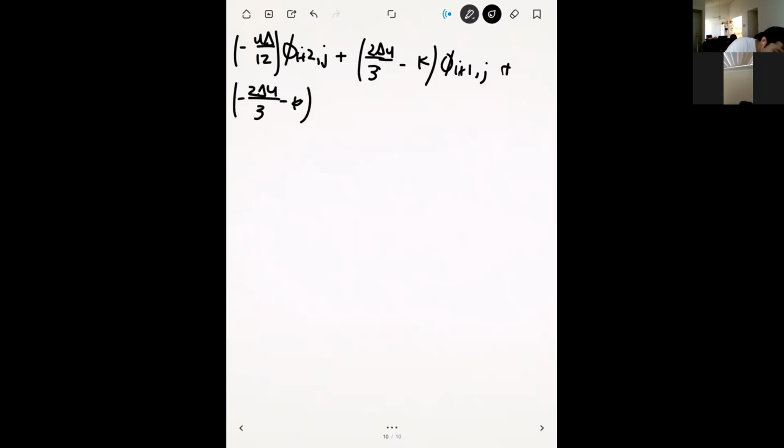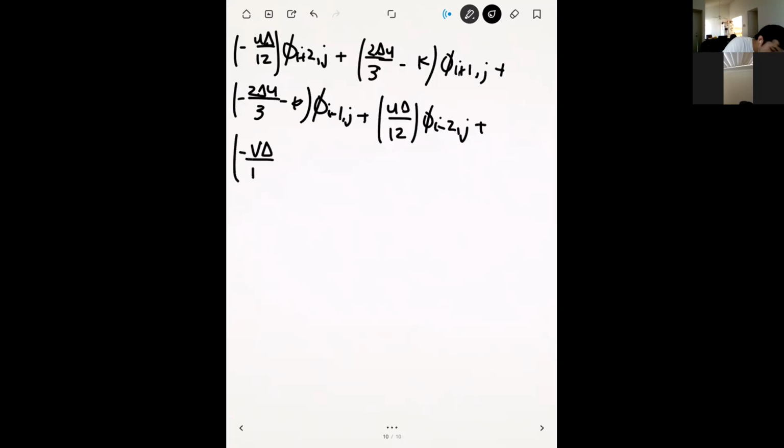Okay. So after you plug in everything, you get the following expression. So you get minus u delta divided by 12 phi I plus 2 comma j, plus 2 delta u over 3 minus k times phi I plus 1 comma j, plus negative 2 delta u all over 3 minus k phi I minus 1 comma j, plus u delta over 12 phi I minus 2 comma j. Okay, plus